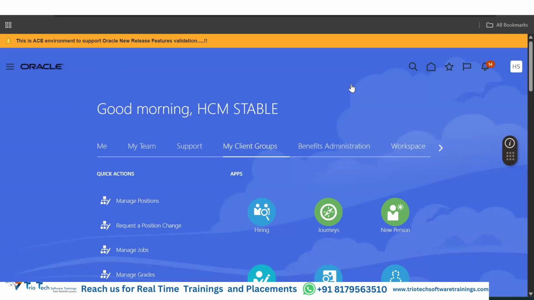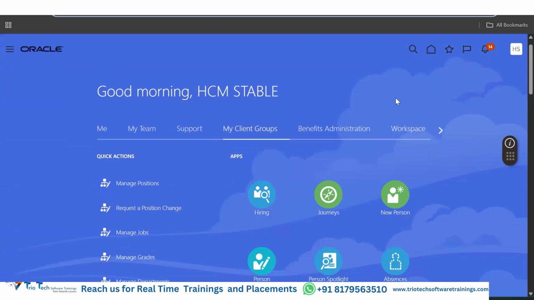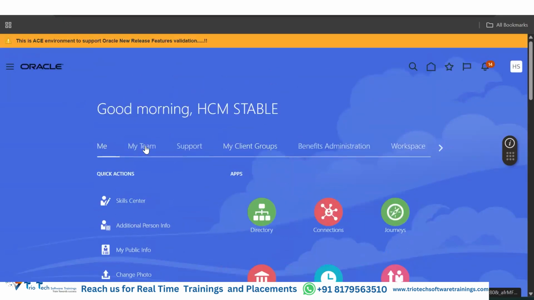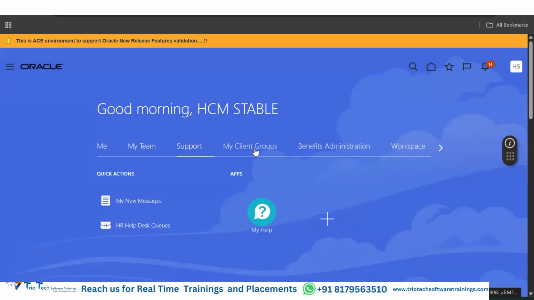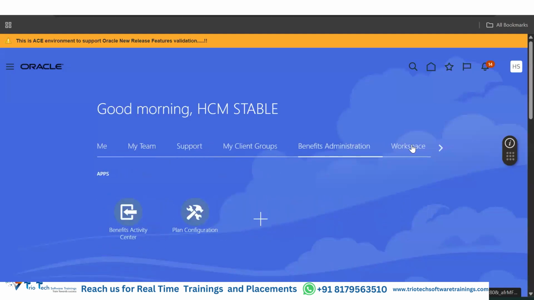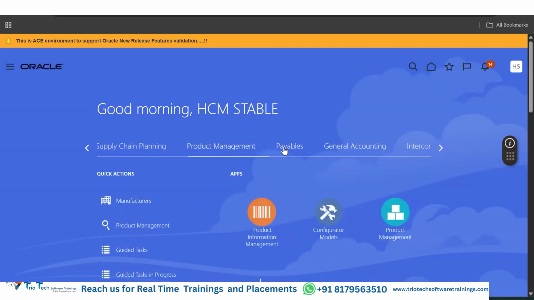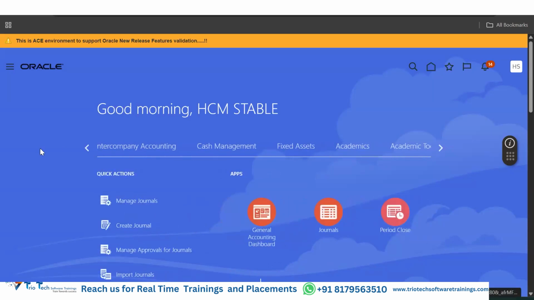So this is the home screen of the Fusion application. Here, you can see different sections coming up: Me, My Team, Support, My Client Group, Benefits Administration, Workspace. And if I click on this arrow, I have a few more options coming up. Many things are coming up. Different sections are there. So what are these? And moreover, under each section, if I scroll back again, under each section, when I